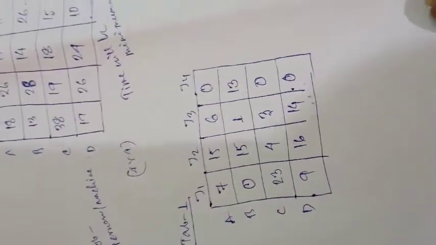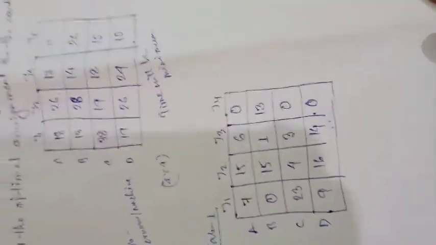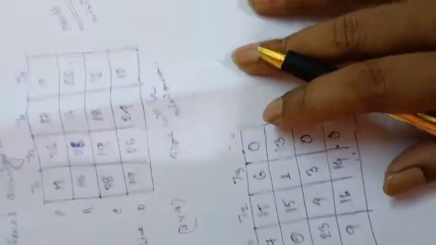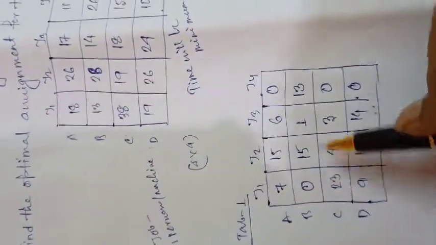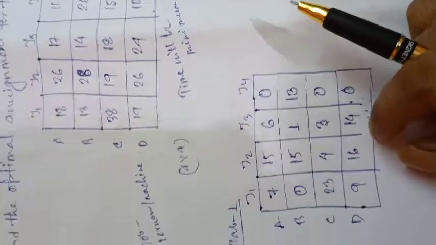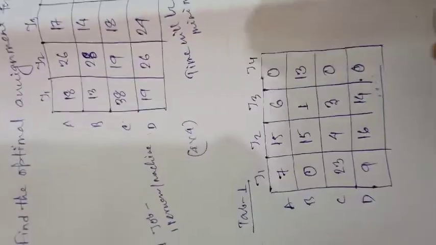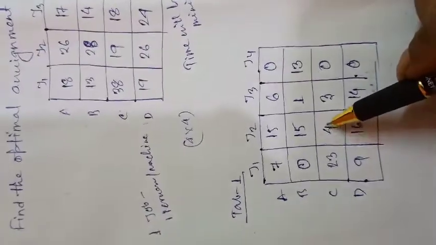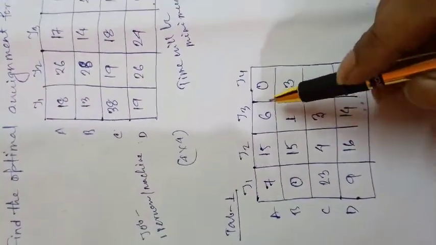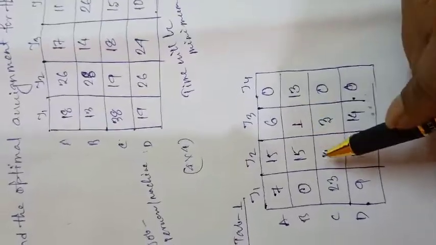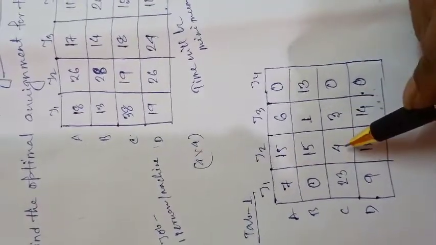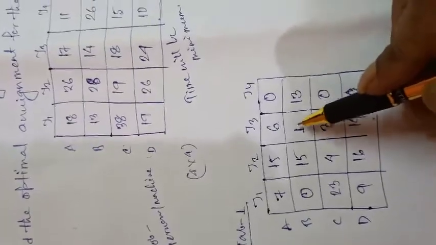Now after finding this, we have to check whether any non-zero column exists or not. See here, the columns J2 and J3 are non-zero columns. So we have to make sure that every row and column contains at least one zero. In the second column 4 is the minimum, and in the third column 1 is the minimum. So we will subtract 4 from all elements in the second column and 1 from all elements in the third column. So in table 2, what we get,